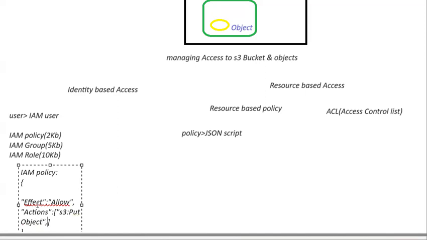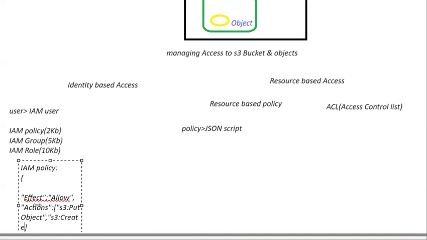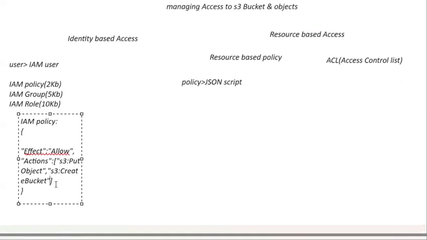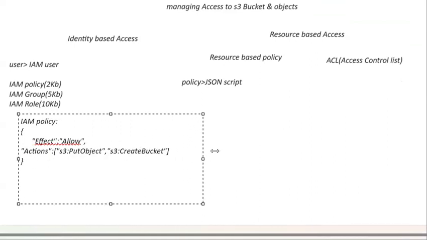I want to allow that particular person to create even a bucket. So to create a bucket, you write s3:CreateBucket. Like this, however many actions you want, you can allow that many. After this, just put a comma, and then